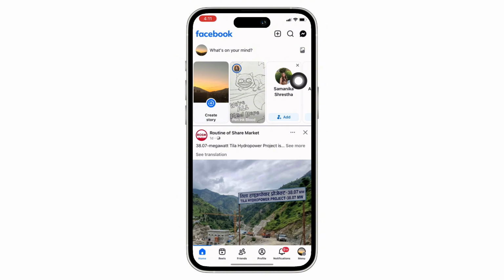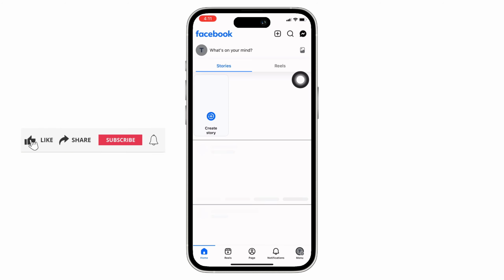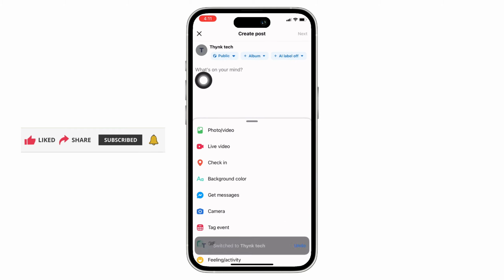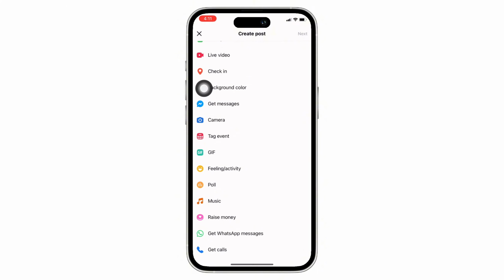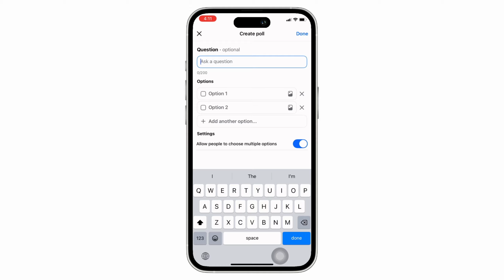So tap on the menu option on the bottom right of your screen and then tap on the drop down you see there and then select your Facebook page. Now, once you have opened the Facebook page, tap on the What's on Your Mind option you see there and scroll through and you will see the option for poll. Tap on that and now go ahead and type in your question firstly and then go ahead and add in